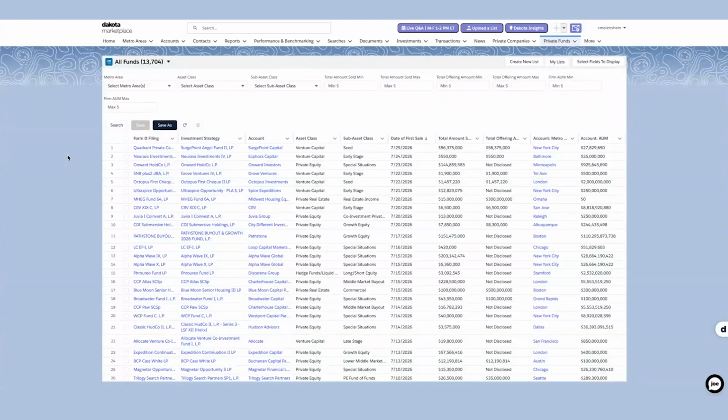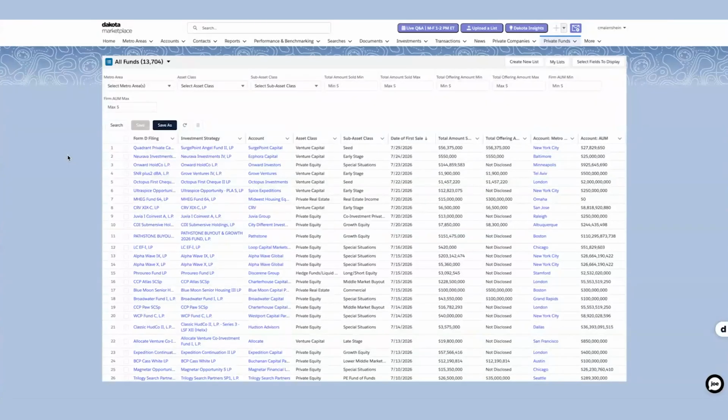The initial signal comes from Form D filings, which firms submit as a regulatory disclosure when they begin a private securities offering. New fund launches essentially bridges the gap between identifying that a filing exists and confirming that the fund has been fully researched and structured within Marketplace. It gives users a vetted, research-backed version of the signal, including complete information on the fund strategy, target size, structure,